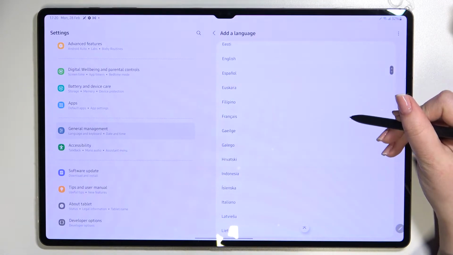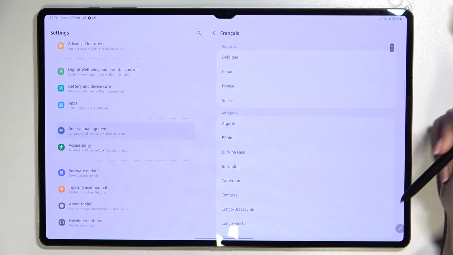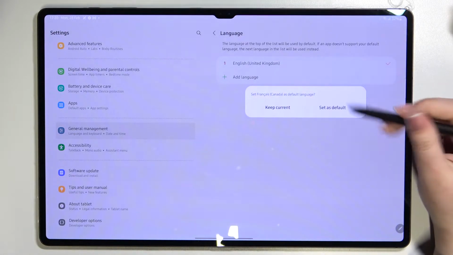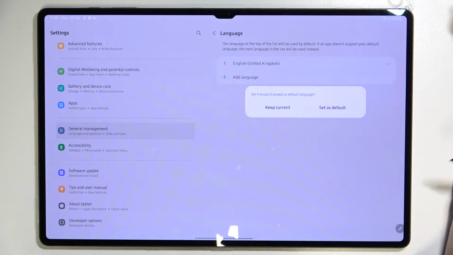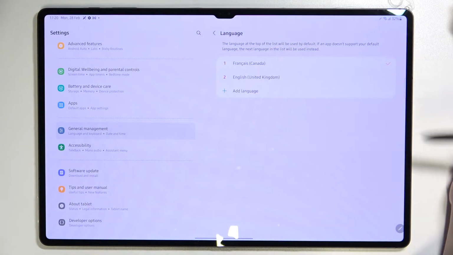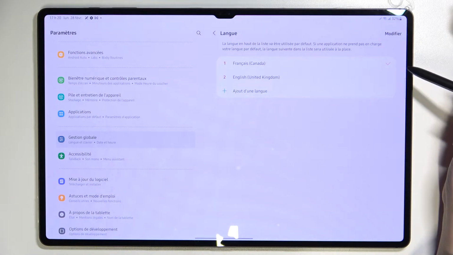So let me pick French, for example, and as you can see, sometimes you will also be able to pick the region. So let me pick this one. And as you can see, after tapping on it, your device will ask you if you really want to set the new language as a default one. So just tap on Set as Default, and as you can see, the French has been immediately applied to this